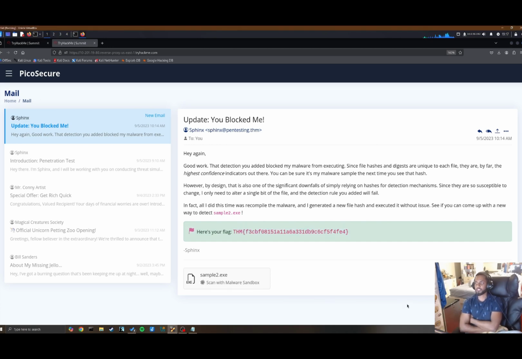Good work. The detection you added blocked my malware from executing. Since file hashes and digests are unique to each file, they are by far the highest confidence indicator out there. You can be sure it's my malware sample the next time you see that hash. However, by design, that's also one of the significant downfalls of simply relying on hashes for detection mechanisms. They're just so susceptible to change. I only need to alter a single bit of the file, and the detection rule you added will fail. In fact, all I did was recompile the malware, and I generated a new file hash and executed it without